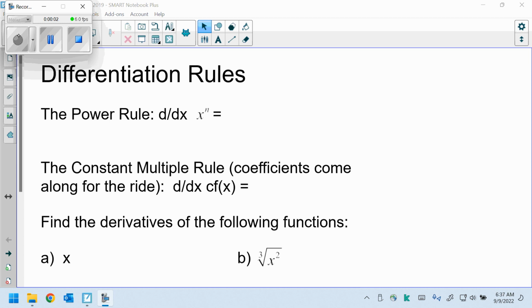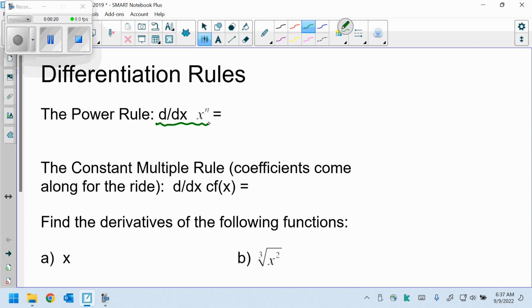We're going to have the easy way of finding derivatives where we don't have to take any limits. And the easy way to find derivatives of polynomial terms, something like x to the n. All we do to find the derivative, to find the slope at any value of x, is bring that exponent around front